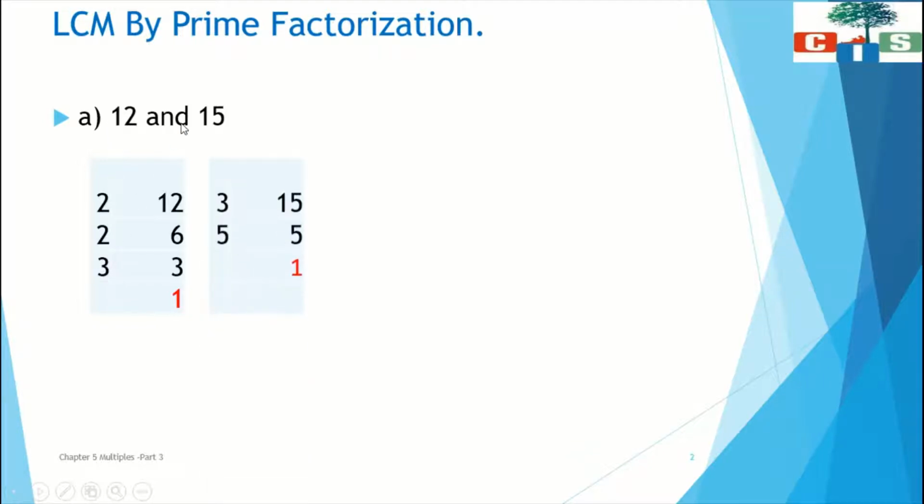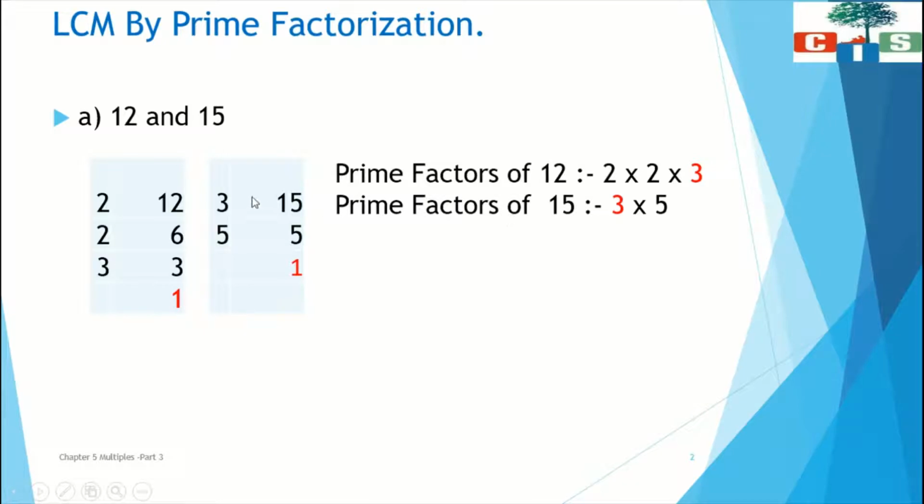Now we will find prime factors of 15. 15 is an odd number. We cannot divide by 2. We will divide by 3. So when 15 is divided by 3, it will give you quotient 5, which you will write just below 15. Now 5 again is a prime number. It can be divided by itself. So 5 divided by 5 will give you quotient 1, which you will write just below 5. And here we are done with our short division method because we have got 1. Now see, prime factors of 12: 2 multiply by 2 multiply by 3. Prime factors of 15: 3 multiply by 5.